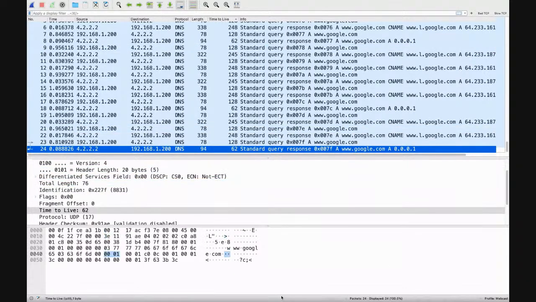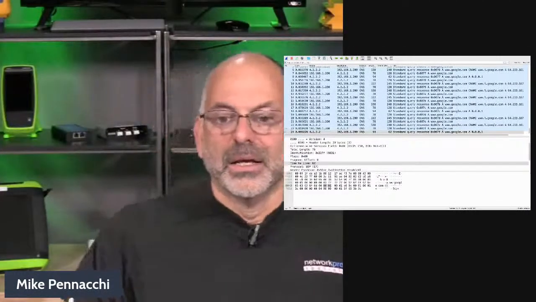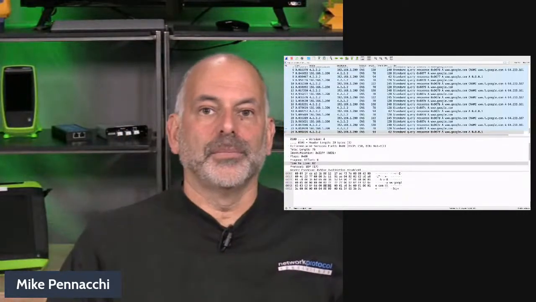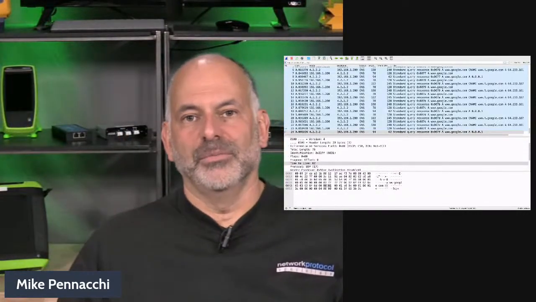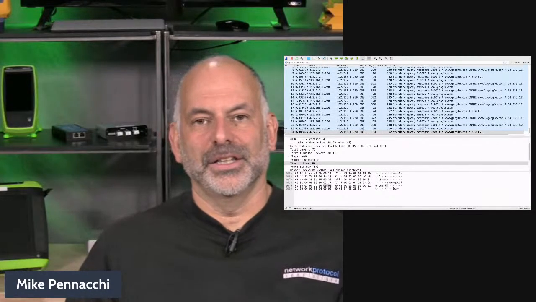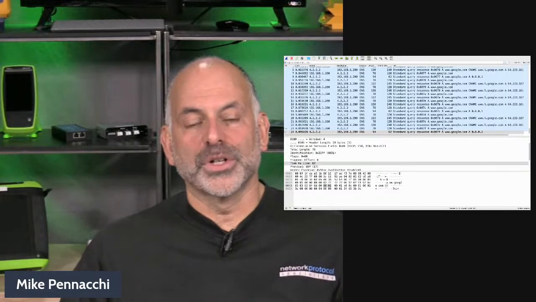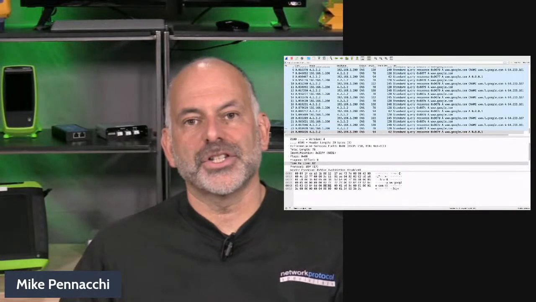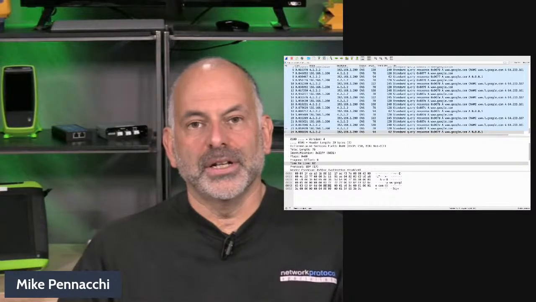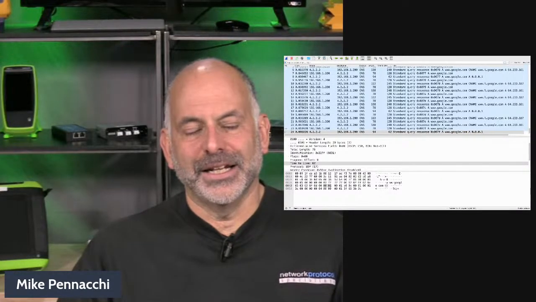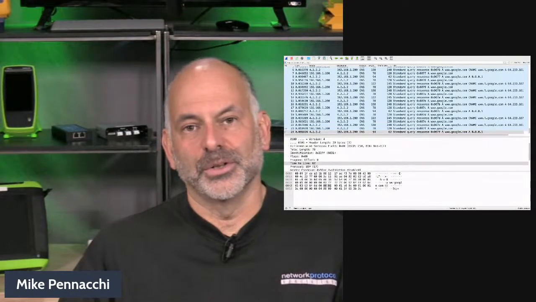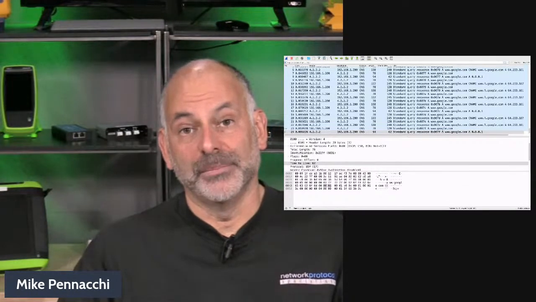So what was happening here? Well, in this case, what we were running into is at the hotel, they had a box that made us sign in to get onto the internet. This box was broken. And the way that they forced us to sign in was by intercepting our DNS traffic. So it was broken and it was responding to any DNS query with 0.0.0.1 part of the time.